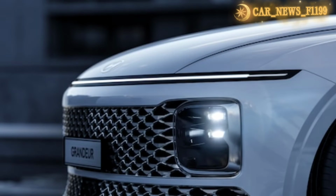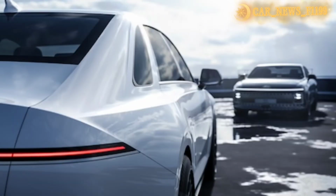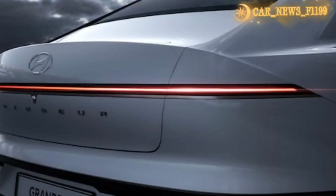Controlling the climate inside the Grandeur is a touch panel control that's tilted to give the occupants an easy view of those controls while also transitioning into the center console. All of the surfaces are made from real wood, aluminum, and Nappa leather that's been quilted into a traditional Korean pattern, according to Hyundai. Along with the sustainable dyes in the leather, the touchpoints in the Grandeur's Nappa surfaces have a hygienic, antibacterial treatment. If this concept becomes a reality as a combustion model, we wouldn't be surprised to see